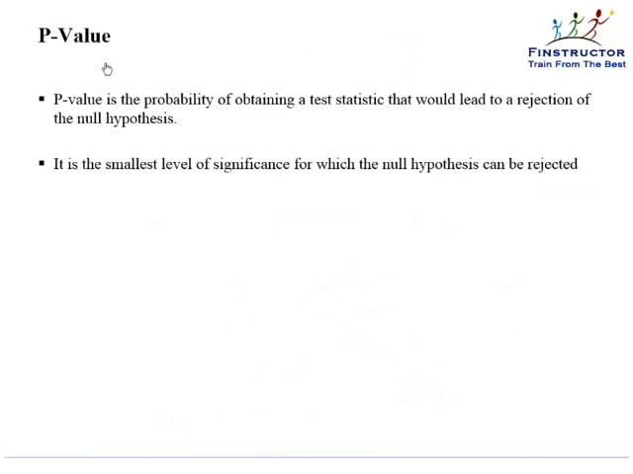Another important concept is that of the p-value. So the p-value is defined as the probability of obtaining a test statistic that would lead to a rejection of the null hypothesis. Never mind the first definition. Remember the second definition, that the p-value is the minimum level of significance for which the null can be rejected. For example,